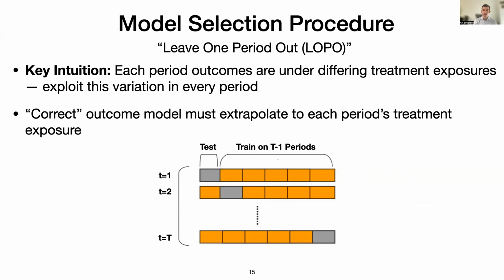Our intuition here is that by tempering our model against all the periods and then selecting the model that does the best job in predicting outcomes across all of these periods, we're picking a model that is tempered against different levels of treatment exposure. And so we are picking a model that is best fitting our underlying interference structure. Of course, this is just a heuristic, and other procedures exist that might perform well. But in practice and in our testing, we find that this procedure does a pretty good job of selecting the true model in many different test cases, which I'm going to show to you now.